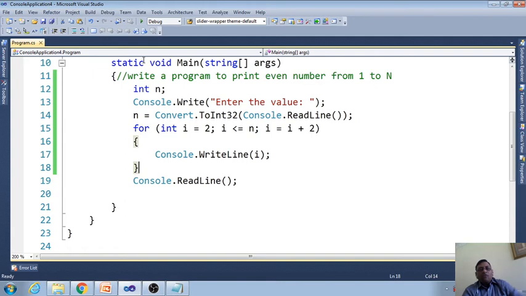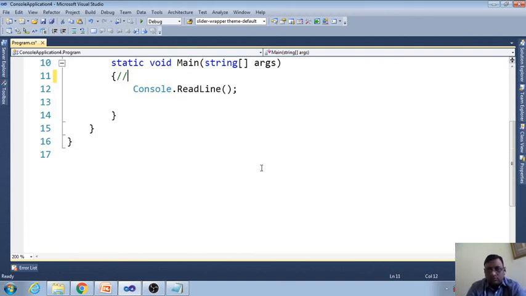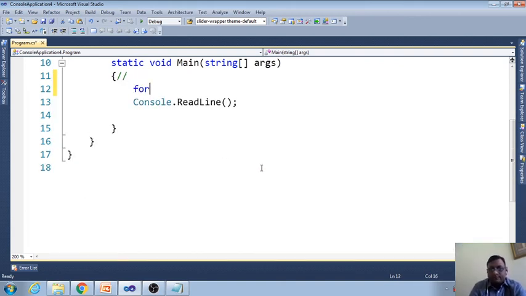Okay. Now one question is there. I am going to use one loop: for int I equal to 1, I less than equal to 20, and I plus plus.